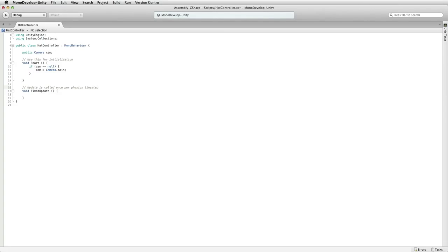So what do we need to do? We need to find the raw position of our pointer, and that is going to be a Vector3. No, it's not. Let's try that again. It's going to be a Vector3. There we go. Let's call this our raw